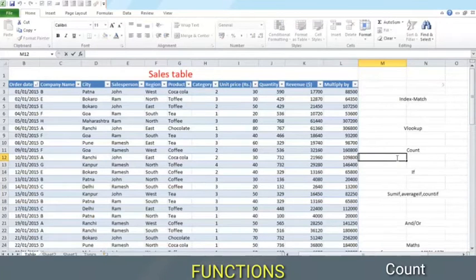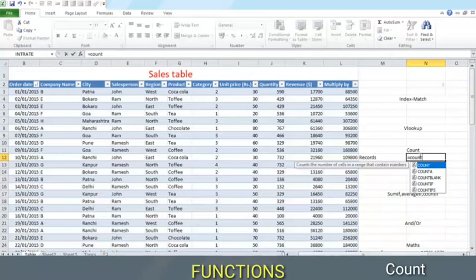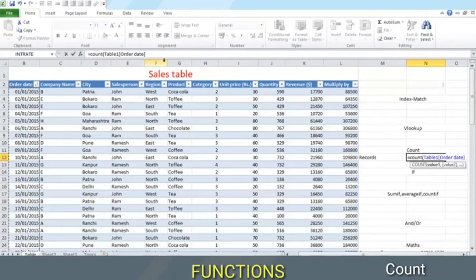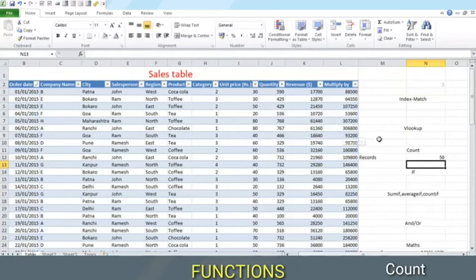The count function basically counts the cells which have some value in it. For example, we can use it to find the number of records. Let us apply the count here and select this. We have 50 records here.